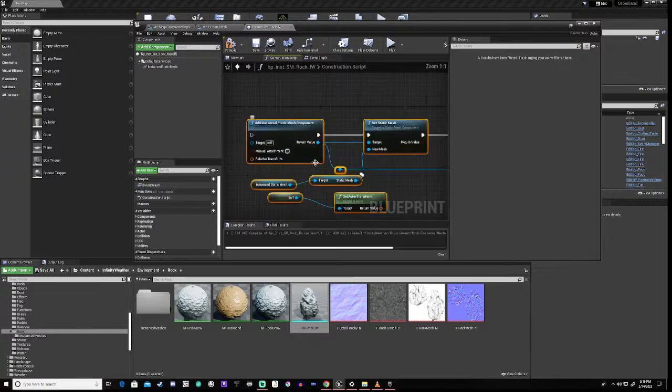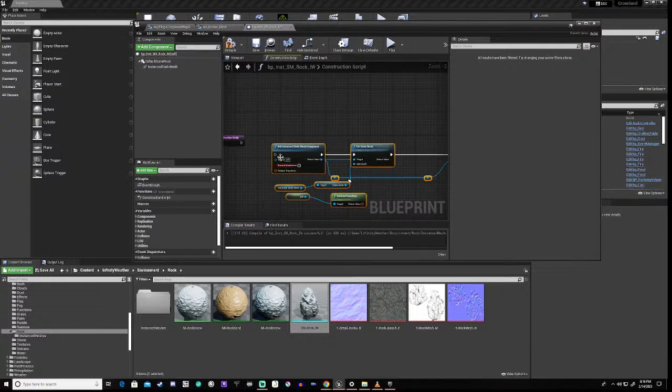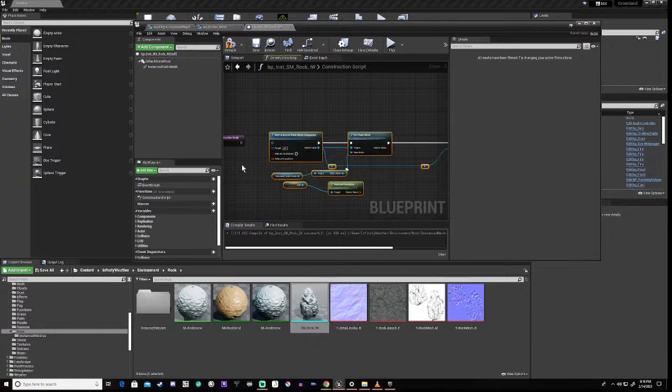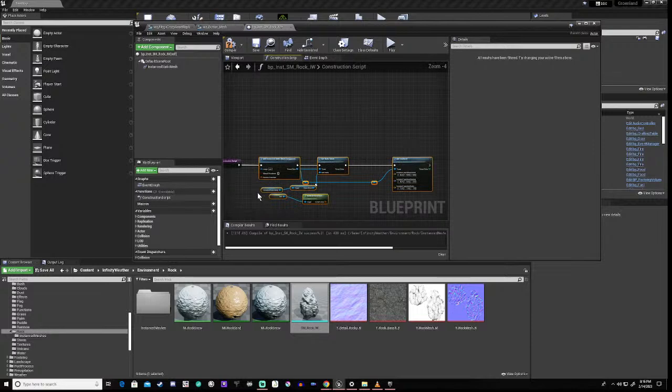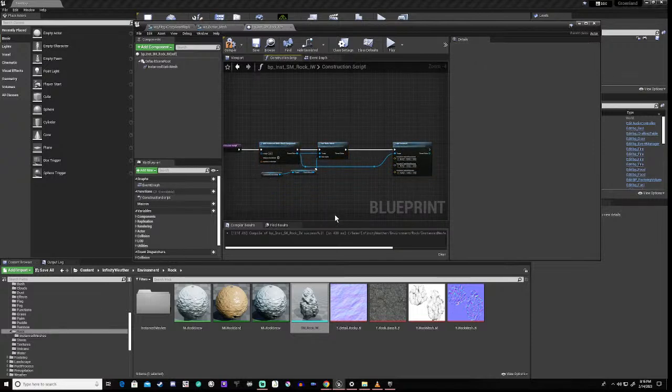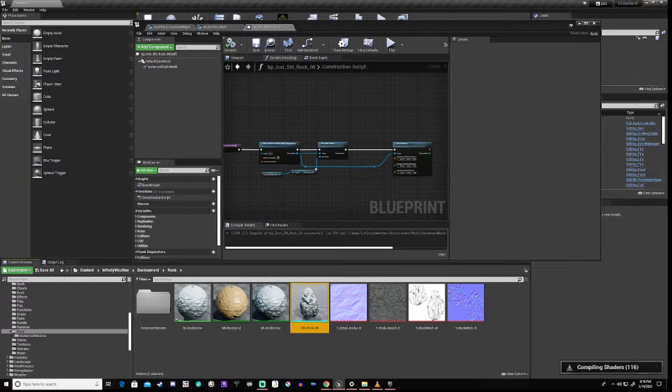Right, there we go. Okay, this basically tells us to make an instance mesh, and then use the static mesh that's already in here, and to use the transform, well actually we're going to transform it 0, 0, 0. Okay, I'll show you why in a minute. So that should be us.